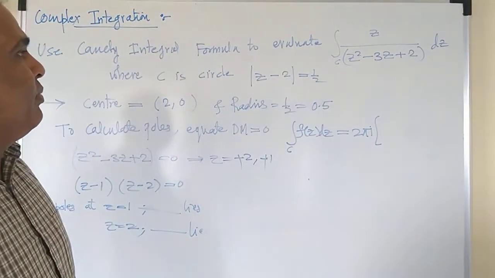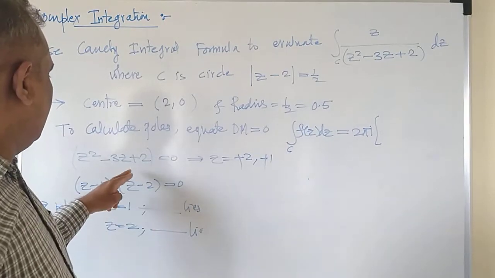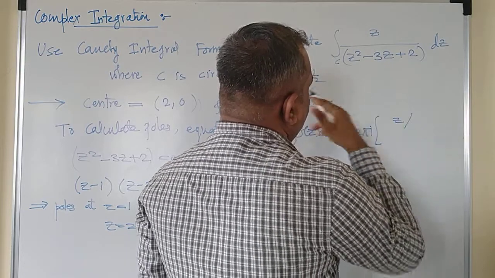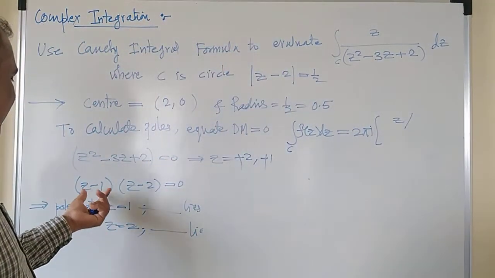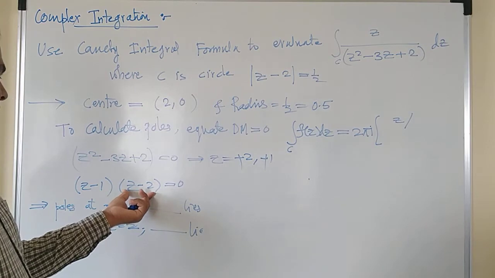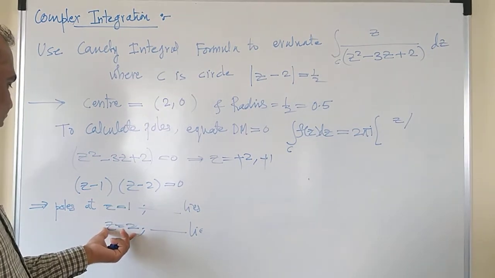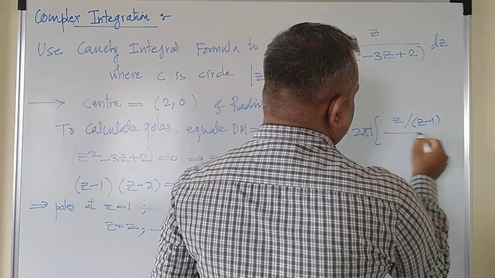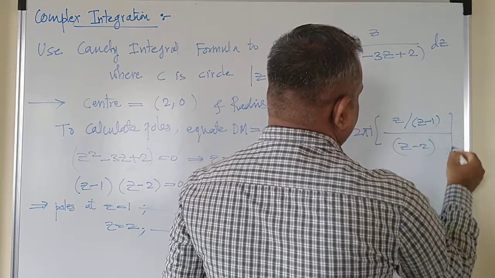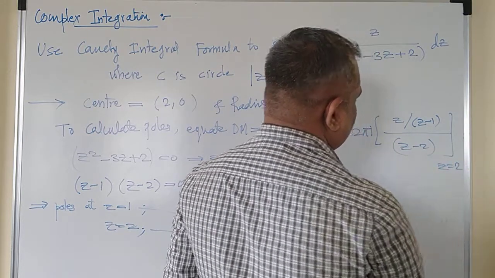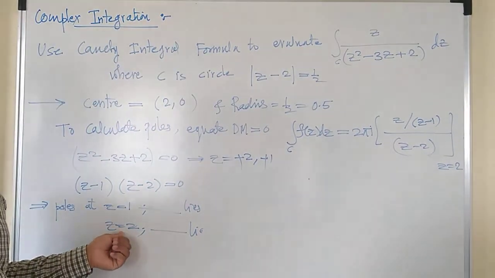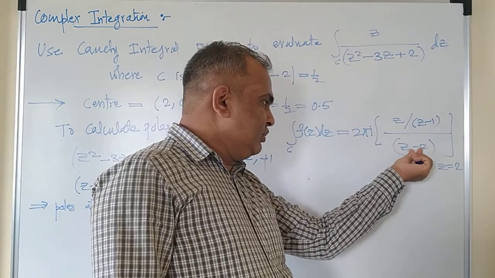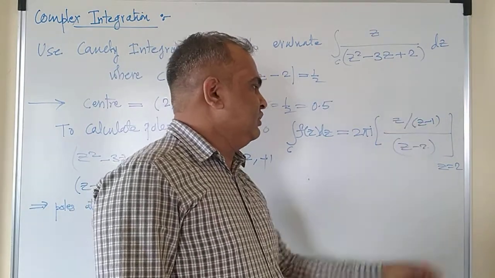What is f of a? f of a is equal to z divided by, let me write it again, z divided by its factors, no? The factors are z minus 1 and z minus 2, and you have to solve only at z equals 2. So z minus 2 will be in the denominator and the one bracket will be in the numerator only, right? And you have to put the value z equals 2, because you are solving only for this pole. Fine. You need not put the value z equals 0 here, right? Otherwise this will give you 0.